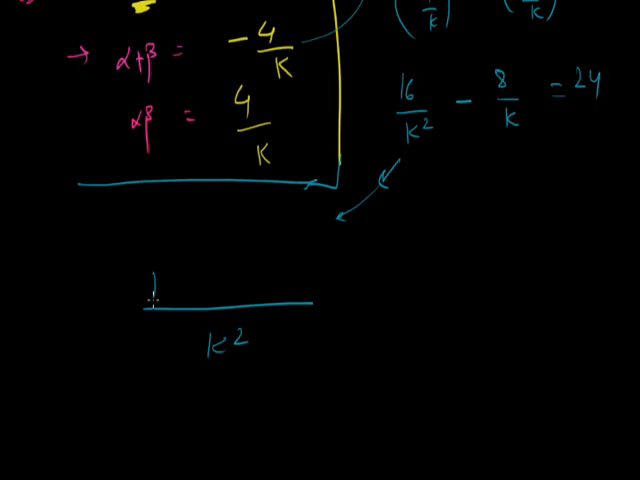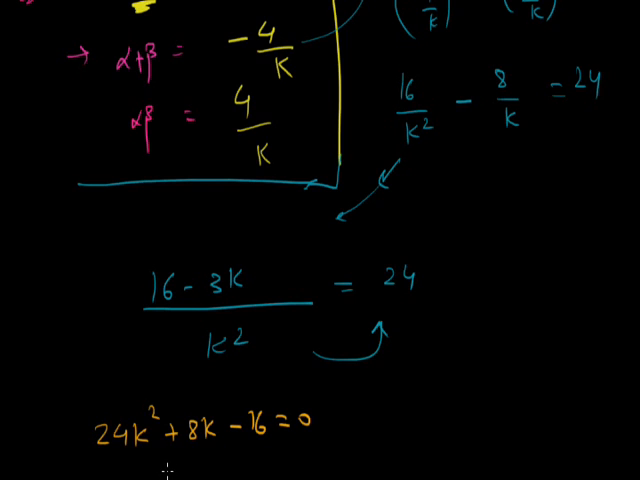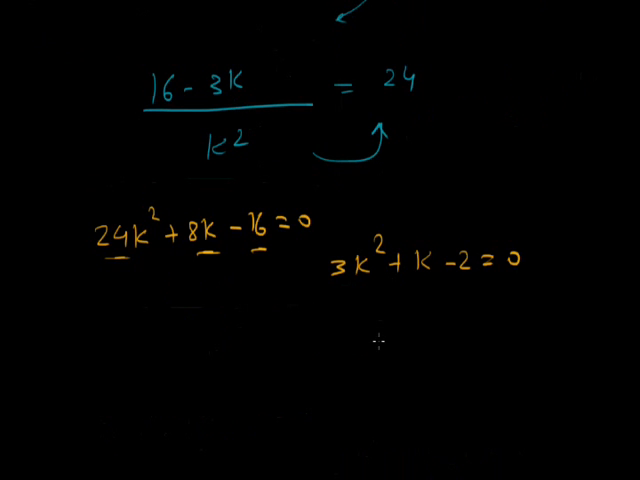k square 16 minus 3k is equal to 24. Now this becomes 24k square plus 8k minus 16 is equal to 0. Let's take out 8 common from the three terms. It becomes 3k square plus k minus 2 equal to 0, and which is further equal to, let's split the